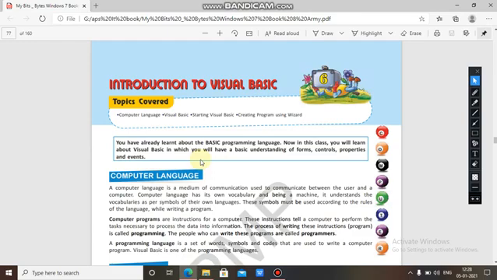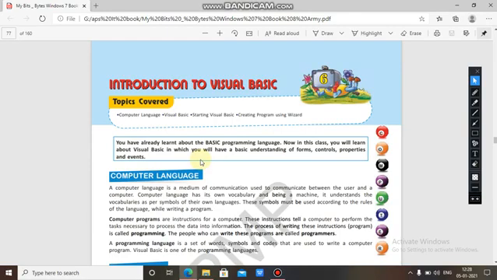So the instructions are given to the computer, and according to the instructions the data is processed. The process of writing these instructions is called programming, and the people who can write these programs are called programmers.